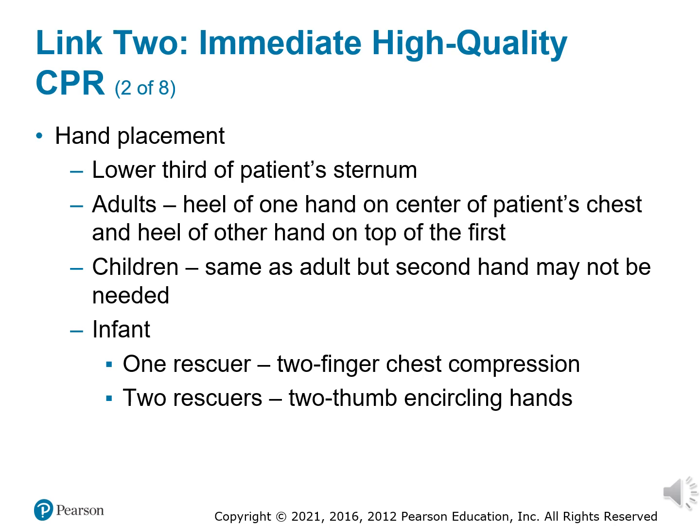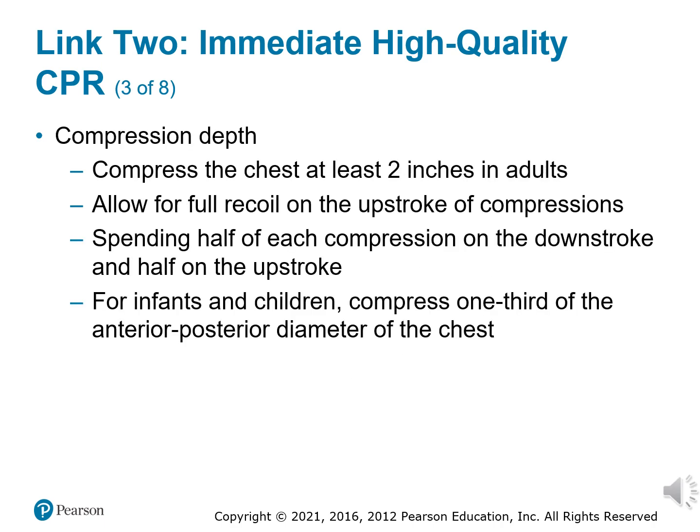And for 2 rescuers, it's the 2-thumb encircling hands. You're going to watch the compression depth. So you want to compress the chest at least 2 inches in adults. Allow for full recoil on the upstroke of the compressions, spending half of each compression on the downstroke and half on the upstroke. For infants and children, you want to compress 1/3 of the anterior posterior diameter of the